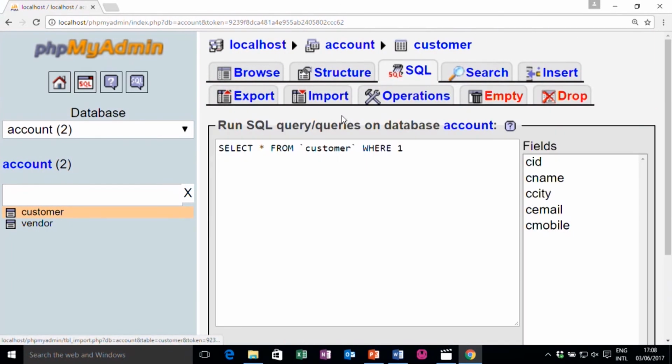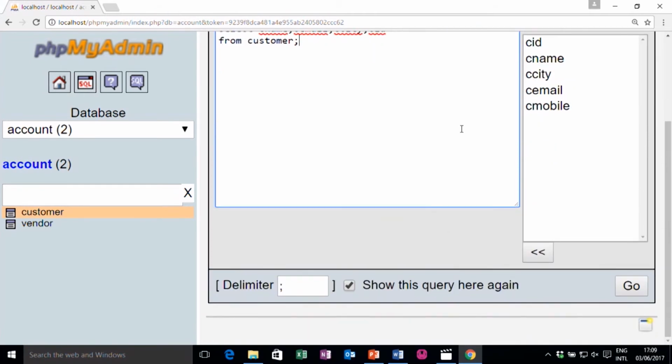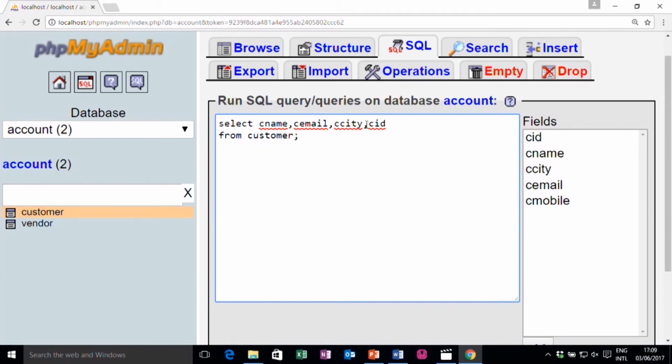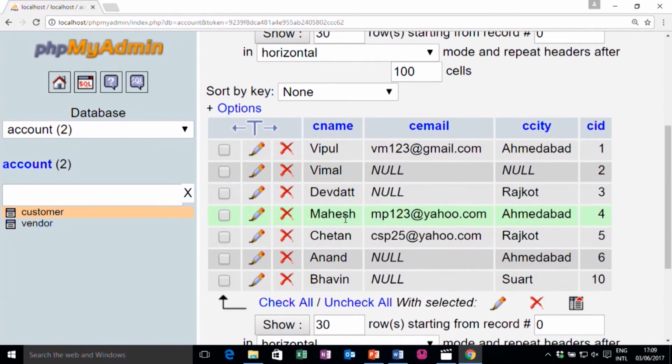Not only that, you can change the order also, because you are just viewing the data. For example, first I would like to view its name, then its email, then its city and then its ID from customer. CNAME, CEMAIL, CCITY and CID. Look at here, but again as I said, keep in mind your original table is as it is, just the data is retrieved in that particular format.